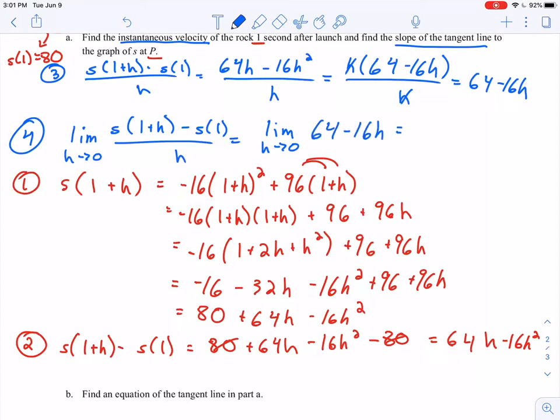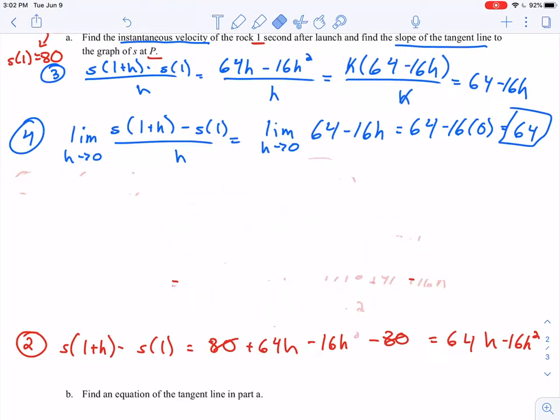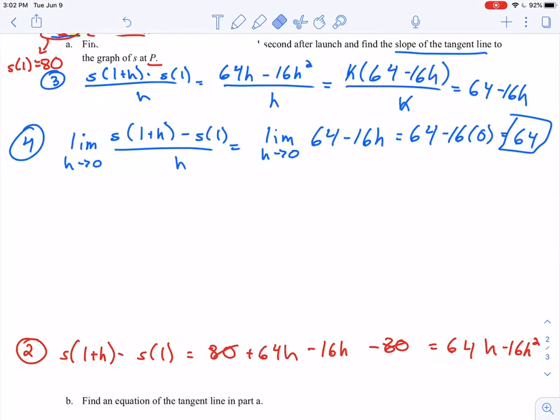So here in this case, I'm just going to plug 0 in for h, just like I did last time. 64 minus 16 times 0 would give me just 64. So this is my solution to both of the questions they were asking me. So let's erase this just to give ourselves a little bit of room here to summarize the result that we just ended up with. They asked, first of all, find the instantaneous velocity of the rock 1 second after launch. Well, the instantaneous velocity